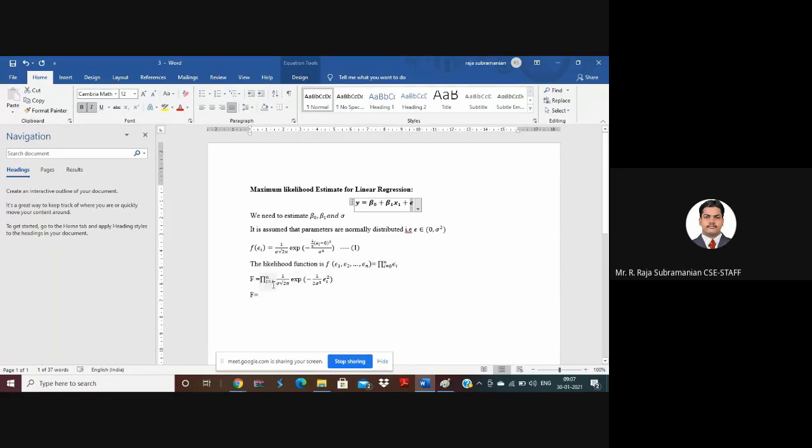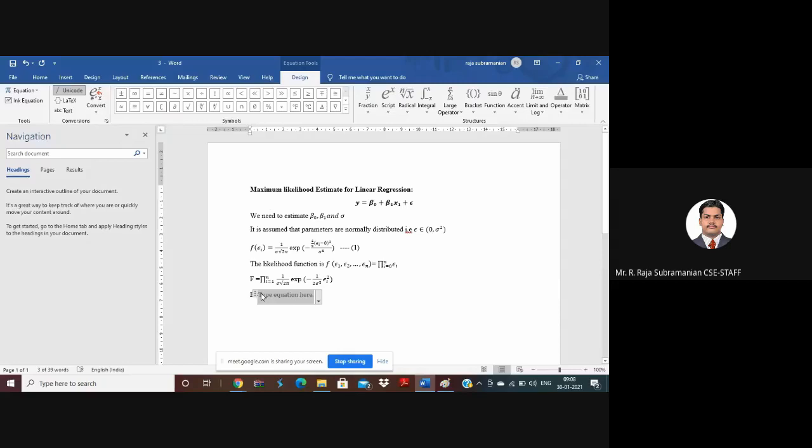So if I take the product of this, it is very simple. This 1 by sigma root 2 pi is actually a constant. If I multiply 1 by sigma root 2 pi n times, that is 1 by sigma root 2 pi into 1 by sigma root 2 pi, like that n times, what will come? Can I write it as 1 by sigma root 2 pi the whole power n? Shall I write it like this? Similarly, as I said yesterday, when I put the product inside the exponent,